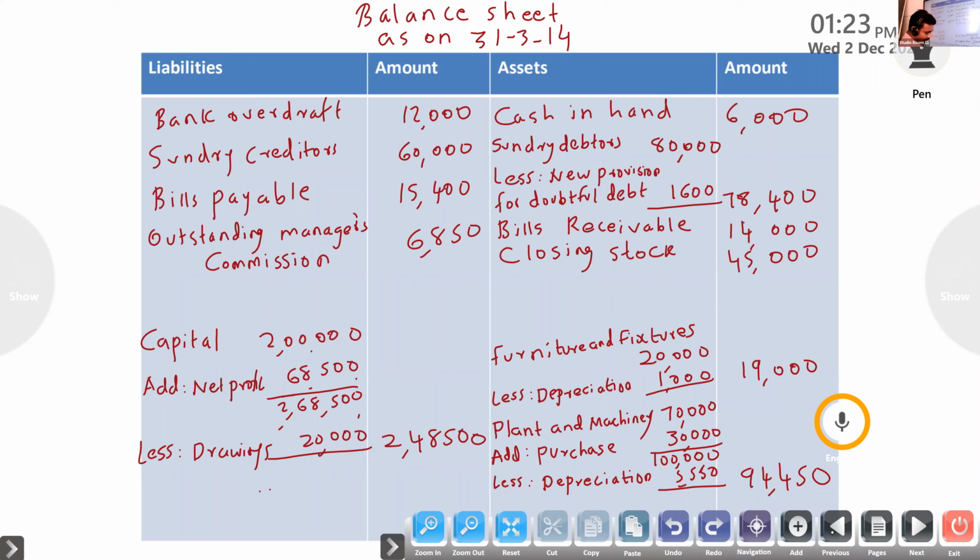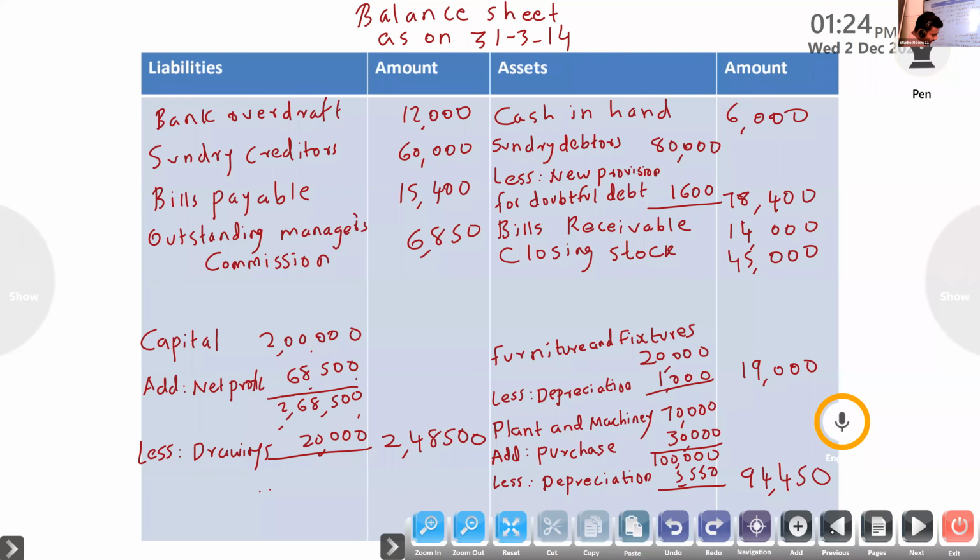Prepare trading and profit and loss account and balance sheet of Miss Shine Limited. Trial balance adjustment. First trial balance we will look. Debtors, balance sheet asset, bad debt profit and loss account, trade expense profit and loss account, printing and stationery profit and loss account, rent rates and taxes profit and loss account, freight trading account, sales return trading account, motor car balance sheet asset, opening stock trading account, furniture balance sheet asset, purchases trading account, drawings balance sheet liability,